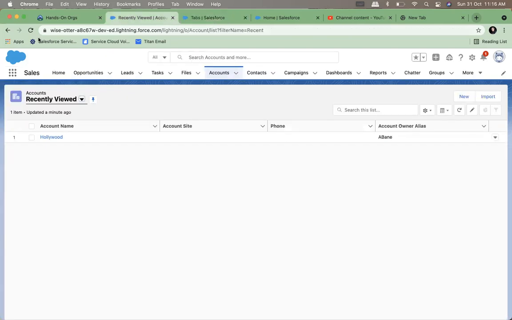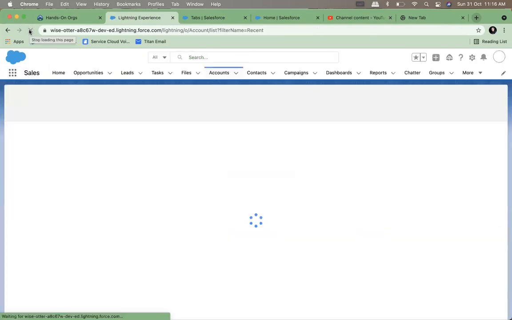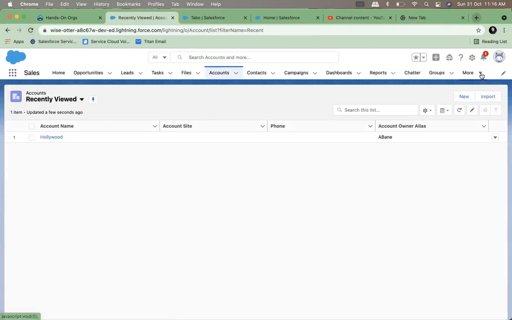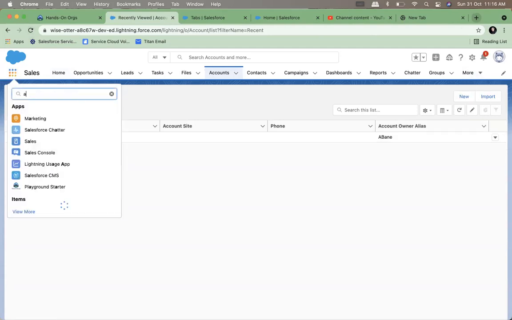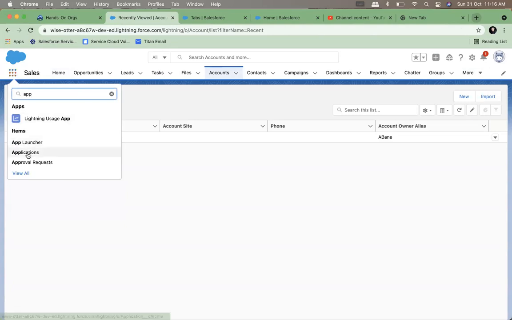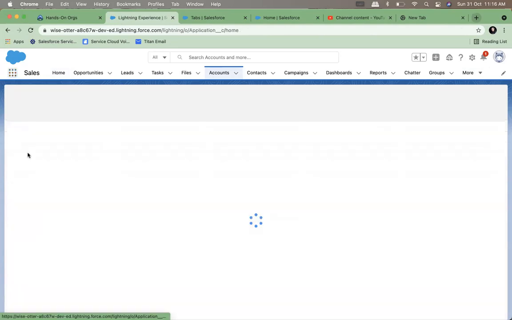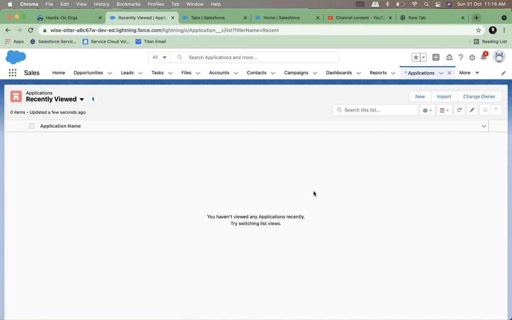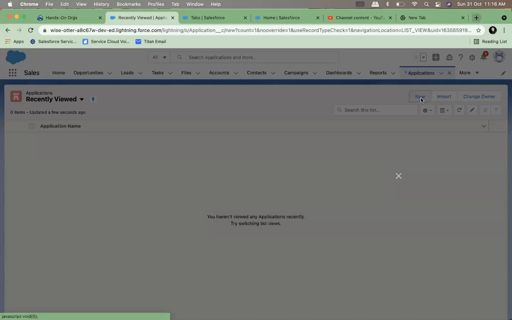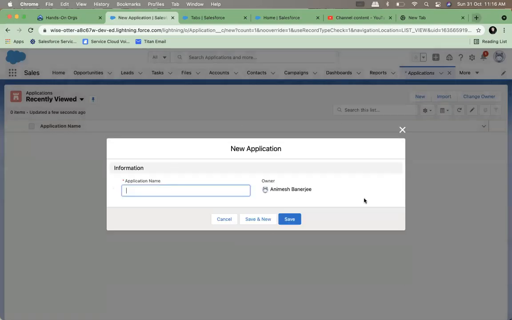So if I go back to my sales agent's window, in more, it is still not showing up. Anyway, here application has come in. This is now the application tab and you can create your records here.